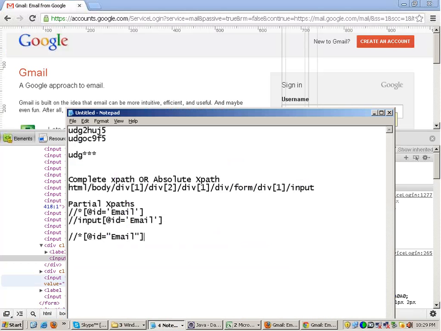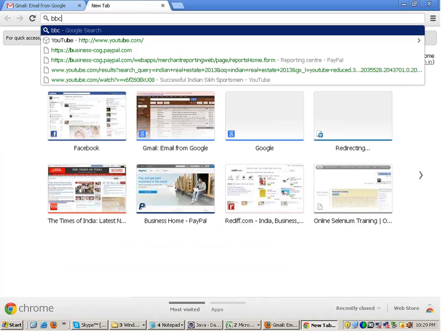Only one change you need to do for Selenium is that in XPath, Chrome gives you double quotes. You have to change these double quotes to single quotes. That's it. Okay. Similarly, if I am on, say, bbc.com,